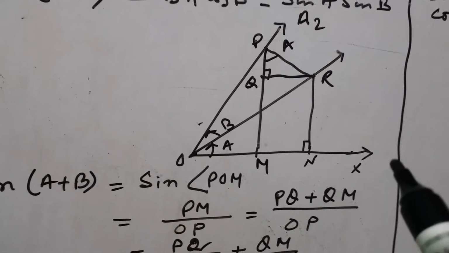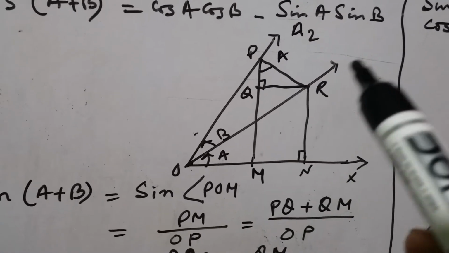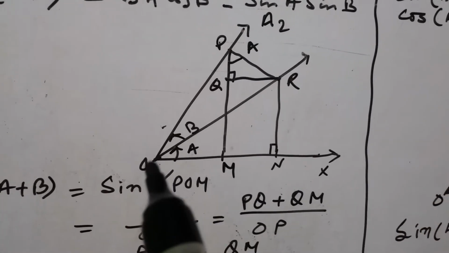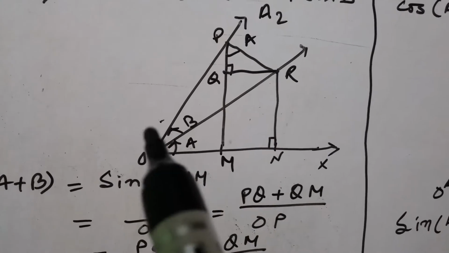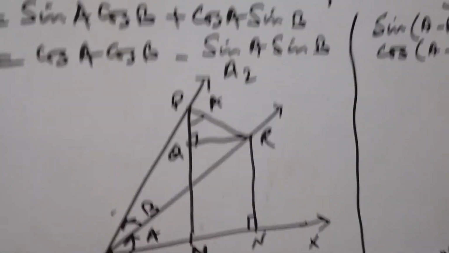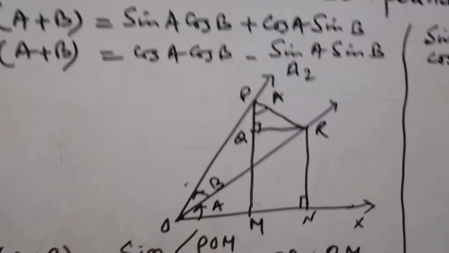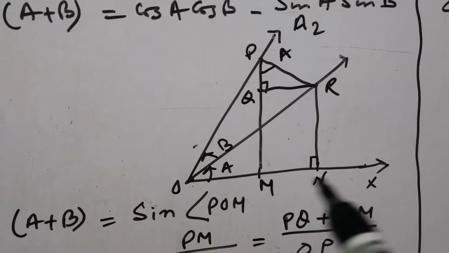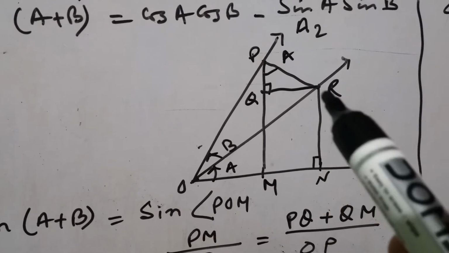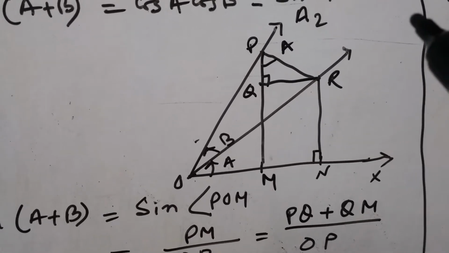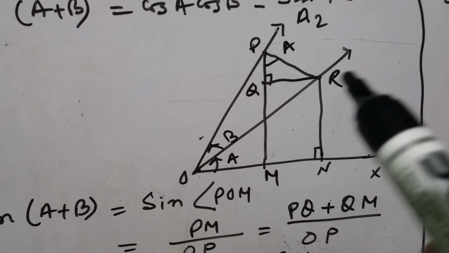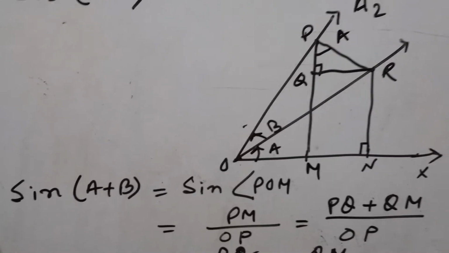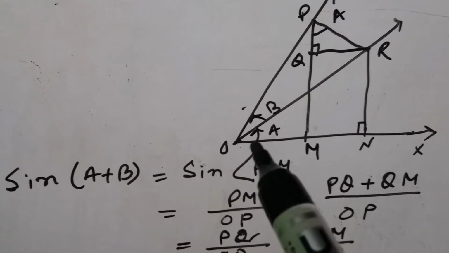Let angle XOR be A, then angle ROP be angle B. Okay. From P, draw a perpendicular PM on OX and PR on OR and PQ on PM. Okay. Now sin(A+B)